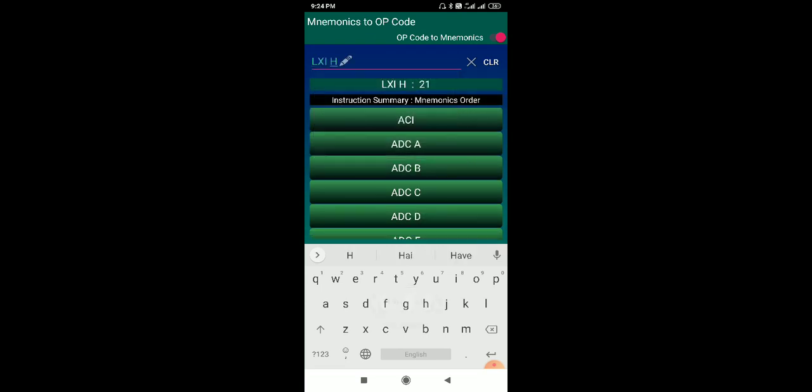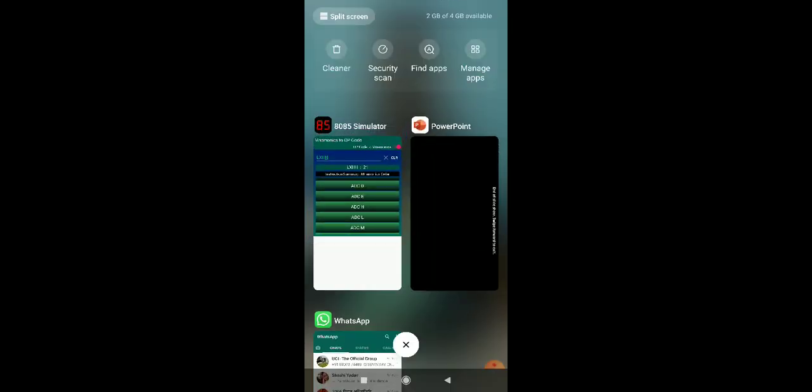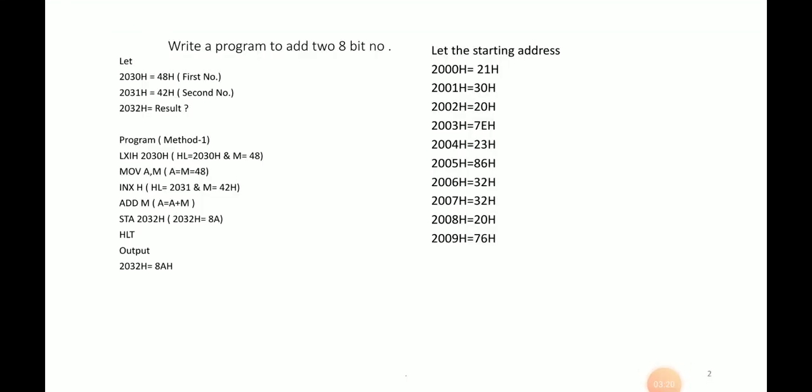So in this app you can search, or you can just click. You can search any opcode, and you can easily find the opcode of any instruction. So here the opcode of LXI H is 21.